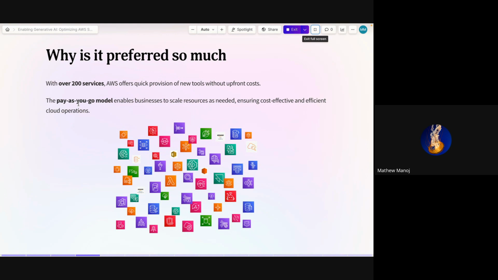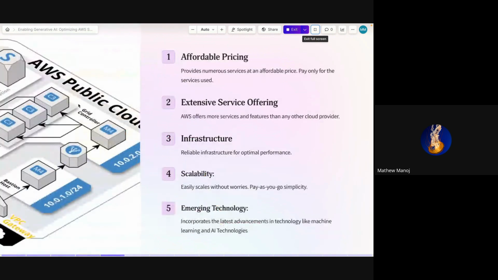For example, if you are making a chatbot and 1,000 people use it per month, based on the amount of tokens and responses you get, you only have to pay for that much. So it helps you auto scale and it is cost efficient, and that's why people prefer it much more.